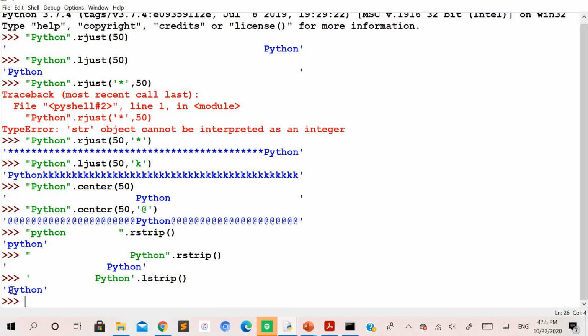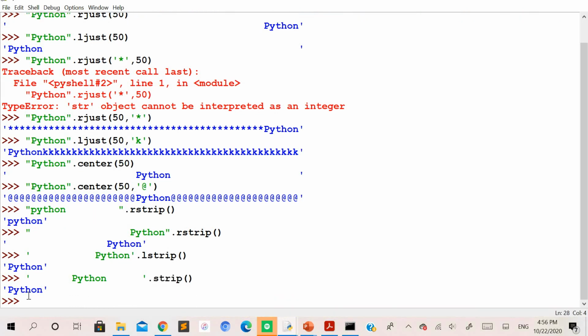Right, so you can see here all the left side spaces have been excluded and only the string has been displayed over here. In the same way, the strip method is going to remove the spaces from either side here.